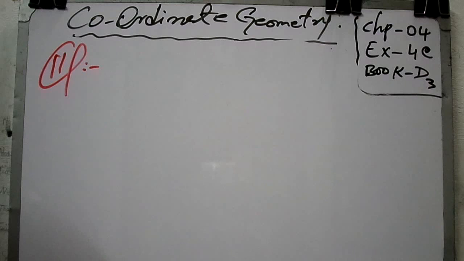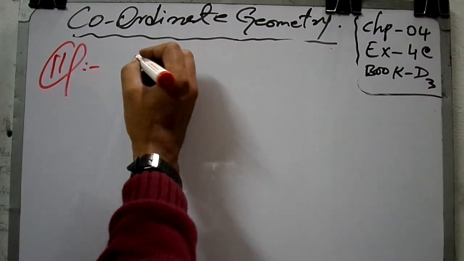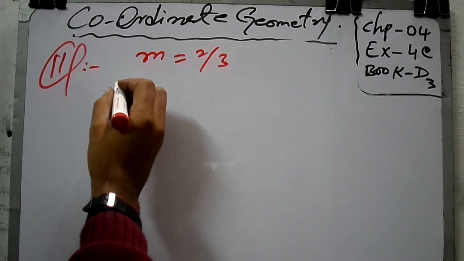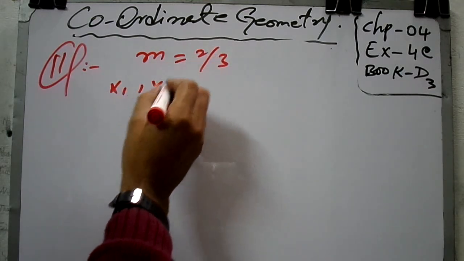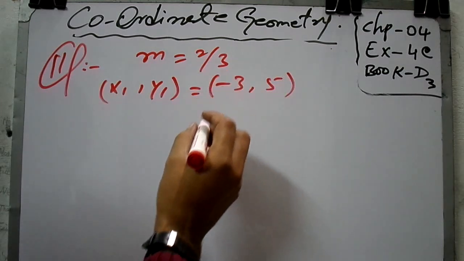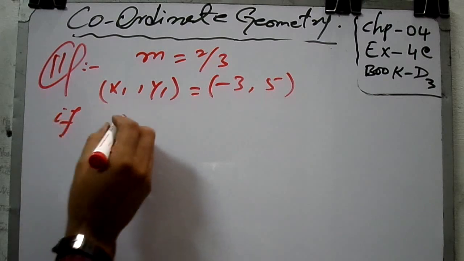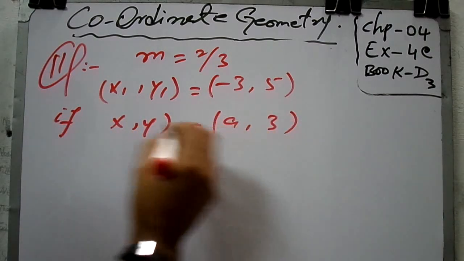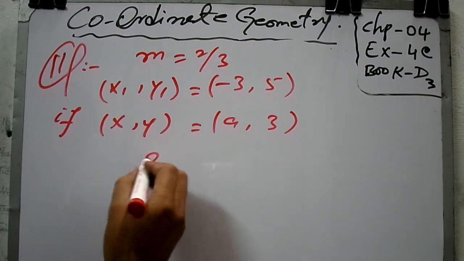Find a. Actually, in question number 11 we write the given statements, that is gradient minus 2 by 3. The point x1, y1 is given to us, that is minus 3 and 5. The values of x and y, a and 3, are also given to us, then we have to find